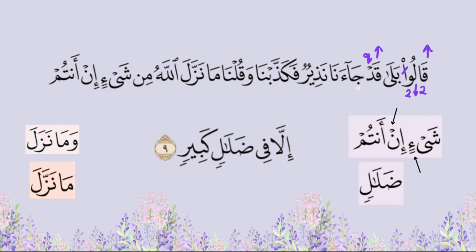جاءنا. Get the jim from the middle part of the tongue. Ja. So it doesn't sound ja. I pronounce ja from the very front part of the tongue, while the jim is from the middle part of the tongue against the upper palate. Ja, جاءنا. 4 counts here. This is mad muttasil, connected mad. Okay, so I can extend it for 5 counts, but as we mentioned before, we choose the 4 counts.